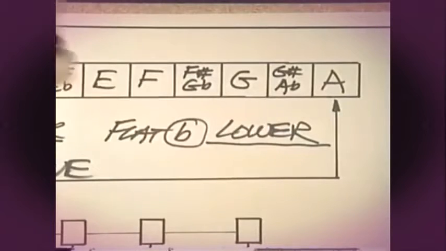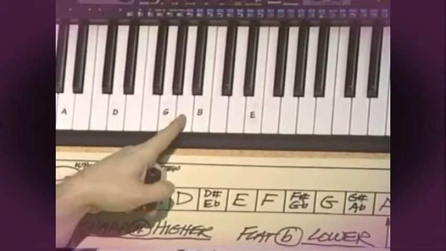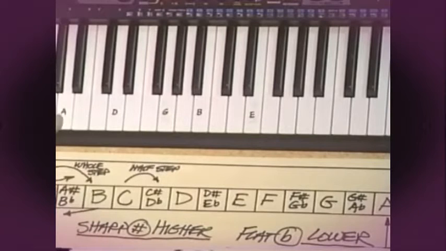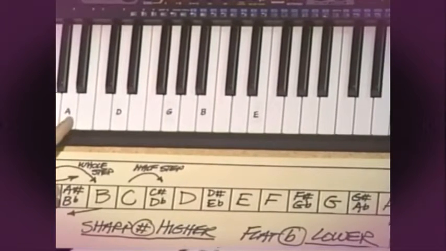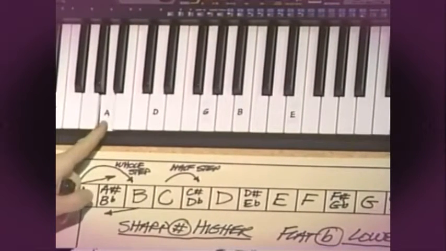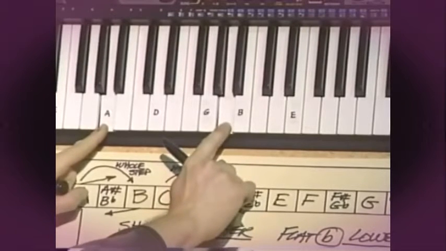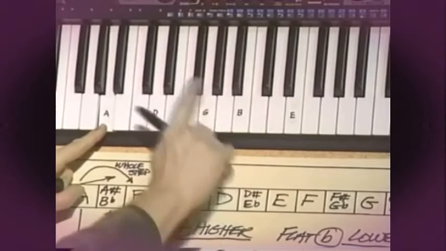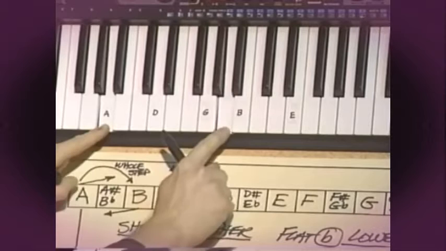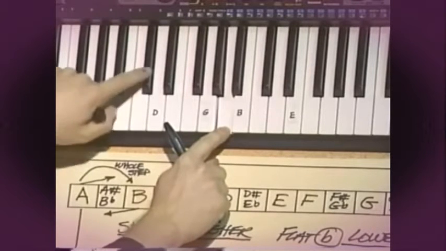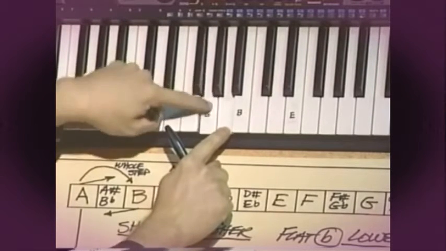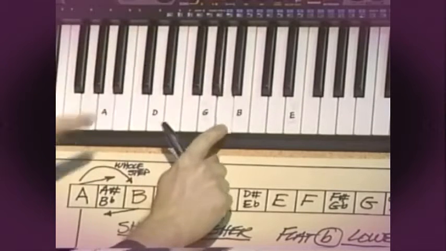And then you find yourself right back on A again. And that's an octave higher than this other A down here that we originally started on. See, they're in the same place, just to the right of center in the group of 3 black keys. And how many notes are in between? 1, 2, 3, 4, 5, 6, 7, 8, 9, 10, 11, 12, and then the 13th note, and then you